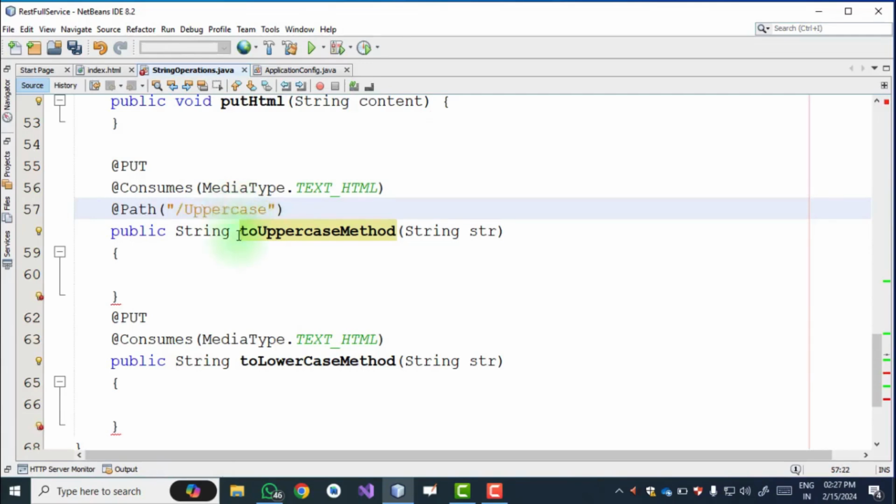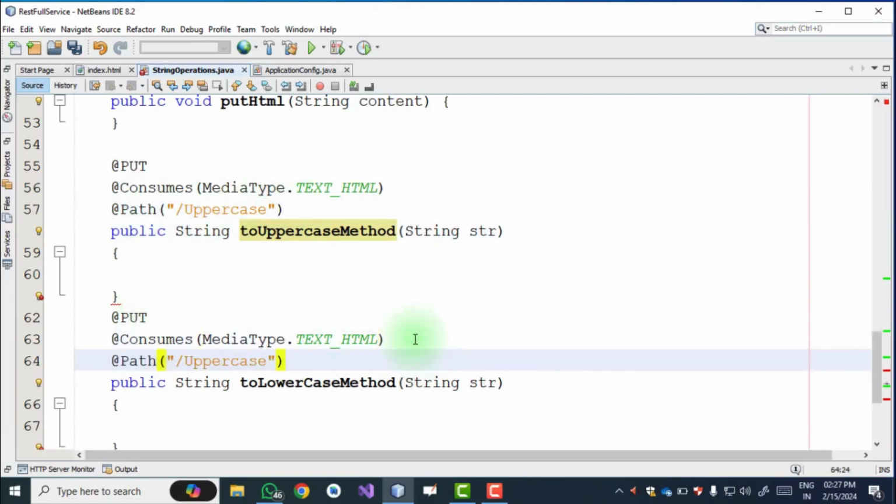You can give any name. Here we can write any name. Then again just copy this, and after Consumes just paste here. Then here we write lowercase. So this is the path that we specify.